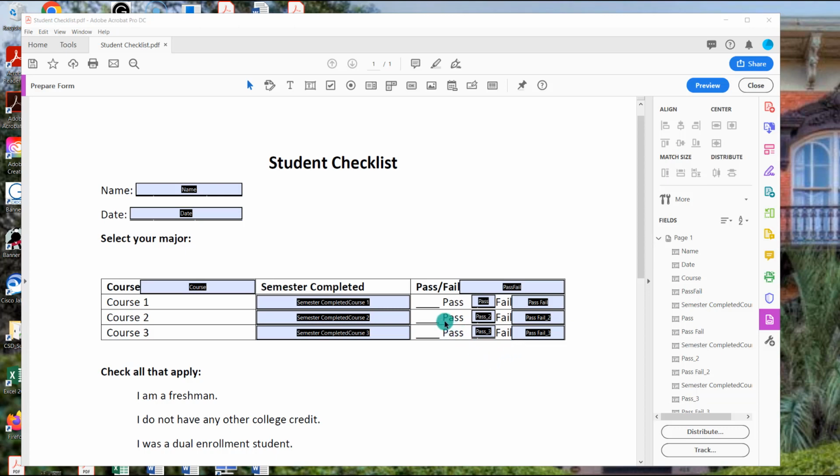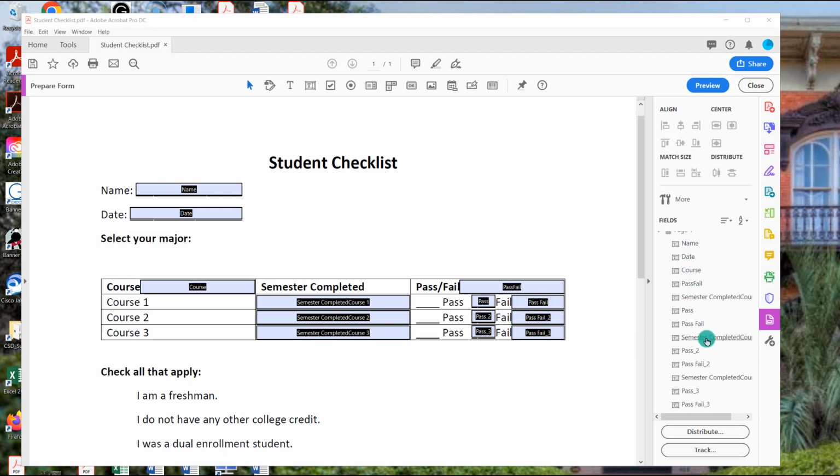This PDF automatically did it for you, but it is really important if you are creating these boxes yourself. If you notice here on the side that, for example, this first one is pass fail, and this one is pass _2 pass fail _2. And if you look over here on the field side, you can see that there aren't any duplicates in the exact same name. They change it to _2 _3,